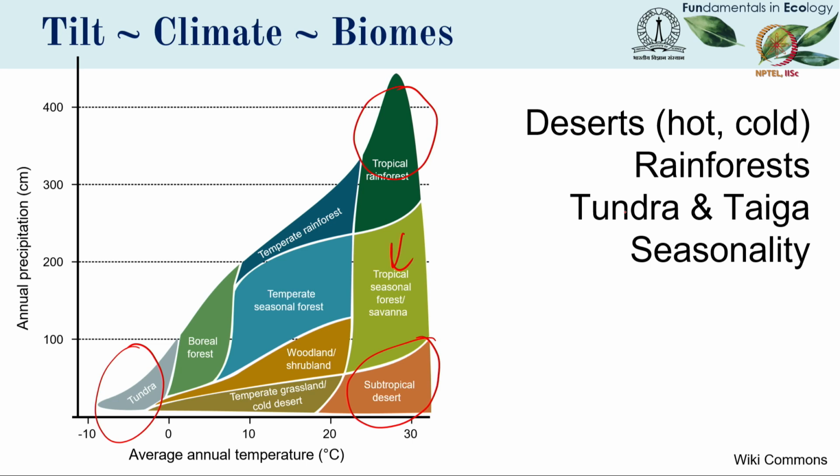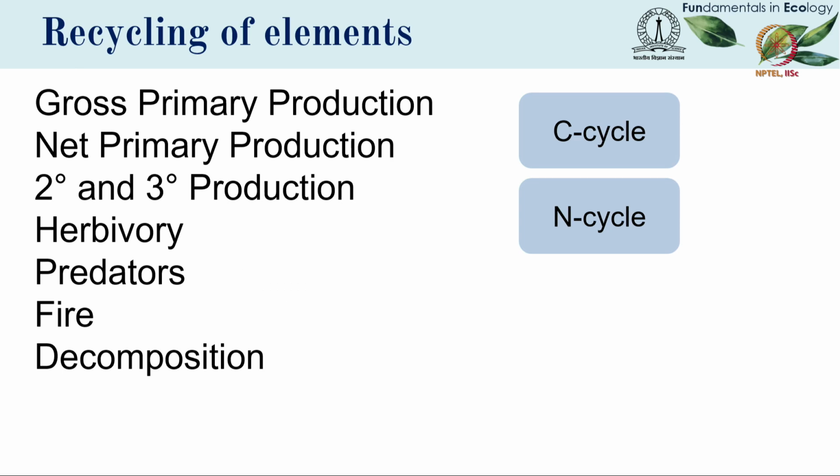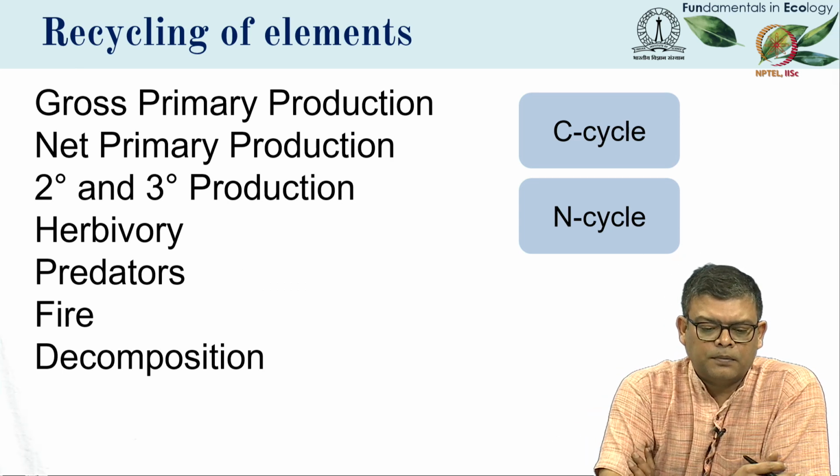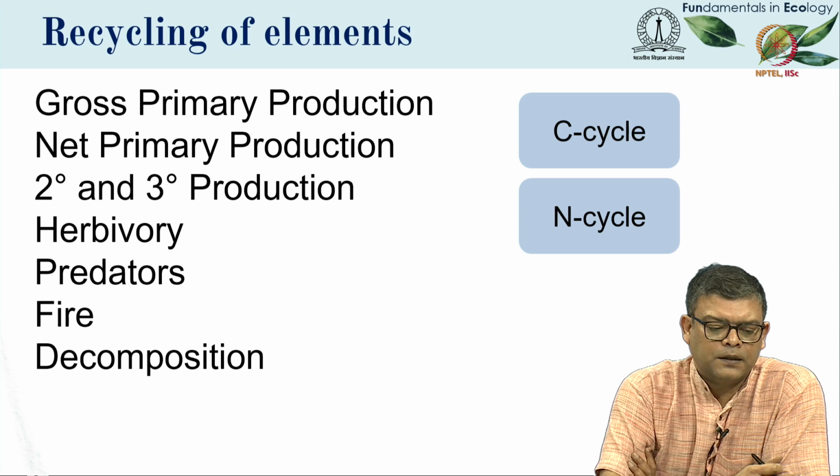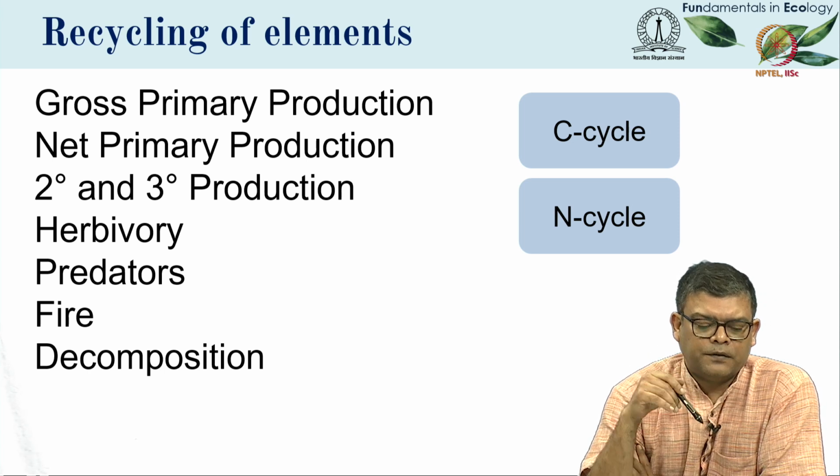The other thing that the tilt of the earth does, it creates seasonality. So the further away you are from the equator, the more seasonal your environment becomes. The different months of the year are very different from each other. But if you are closer to the equator, the sun is almost always shining directly overhead, and there's very little seasonality. January through December, every month of the year is more or less similar to the previous one.